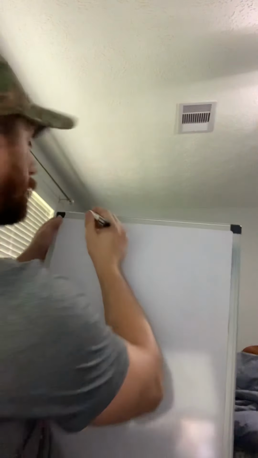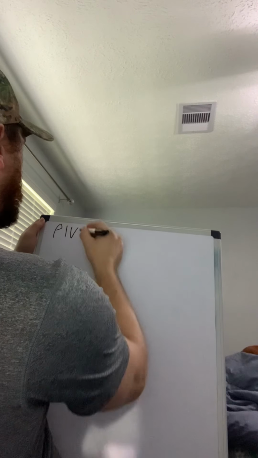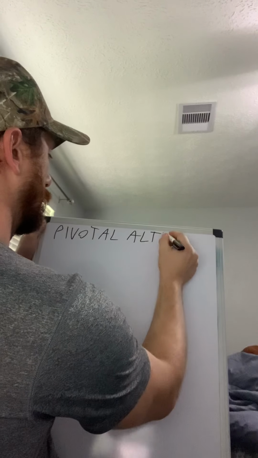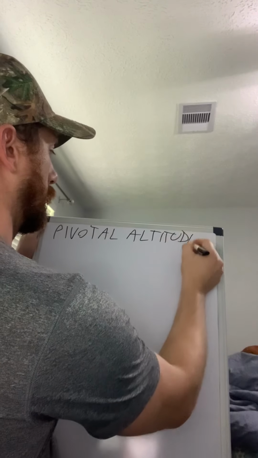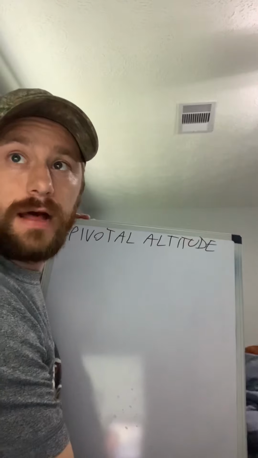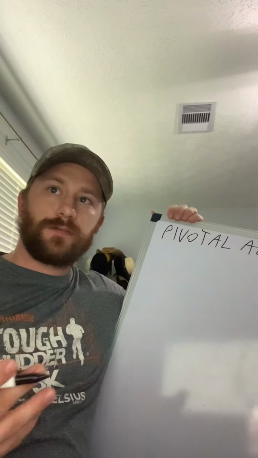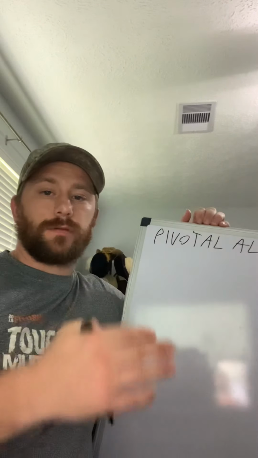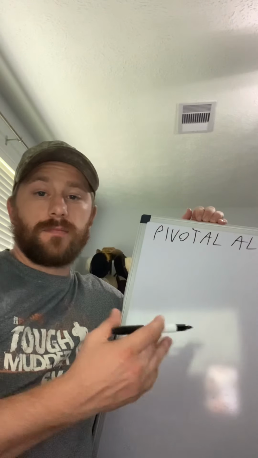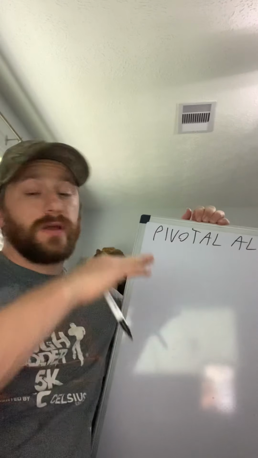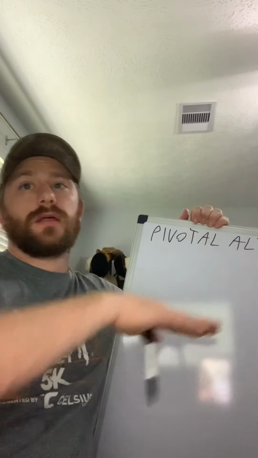Let me write that down. Pivotal altitude. Okay, so what is pivotal altitude? Pivotal altitude is a specific altitude at which, when the airplane turns at a given airspeed, the plane will appear to pivot around the pylon. Basically, when you're turning, the pylon won't move around on you. If you look out your window, it'll be on that same spot on your wingtip throughout the entire